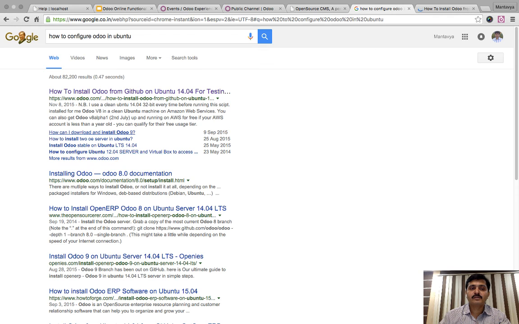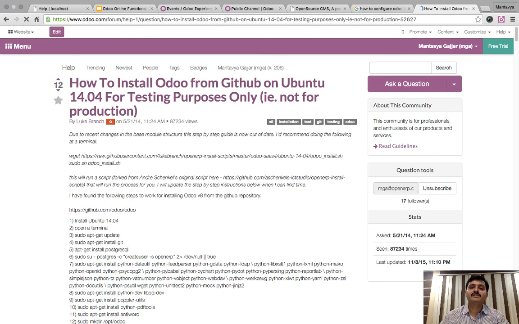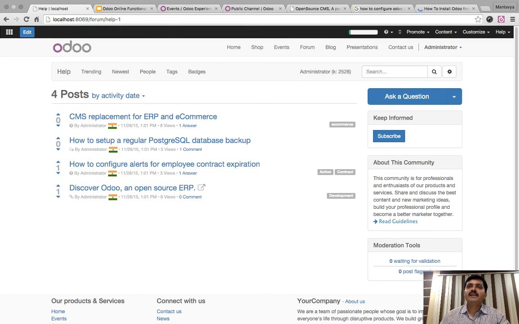This is how it helps you optimize SEO. The ultimate goal is to redirect all the traffic looking for content relevant to you to your website, either a page or blog or news or slides, presentations, or forum, which is the core marketing activity for modern companies. So once the forum is installed,